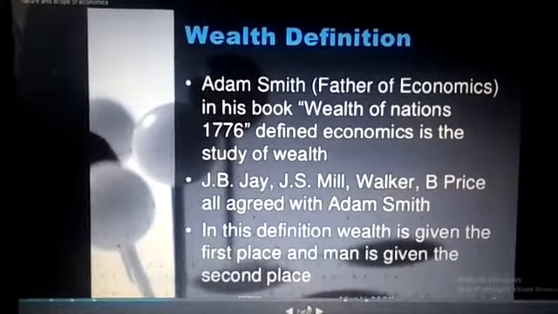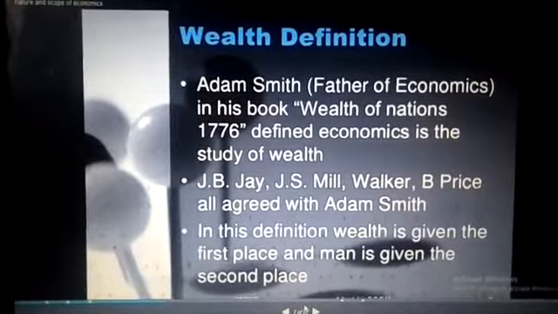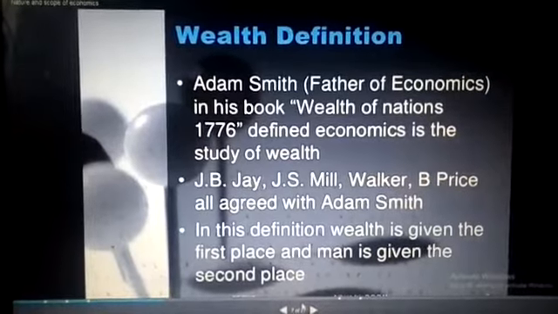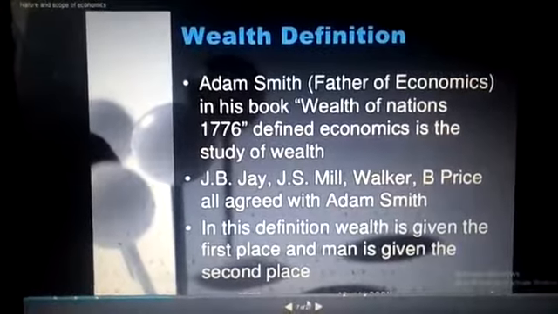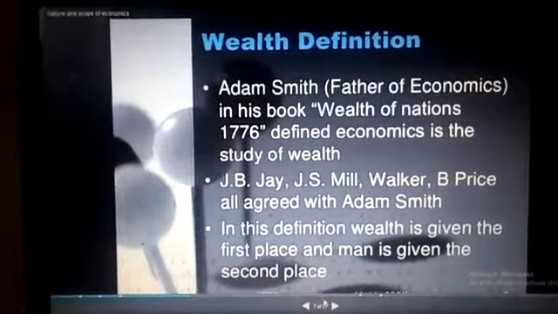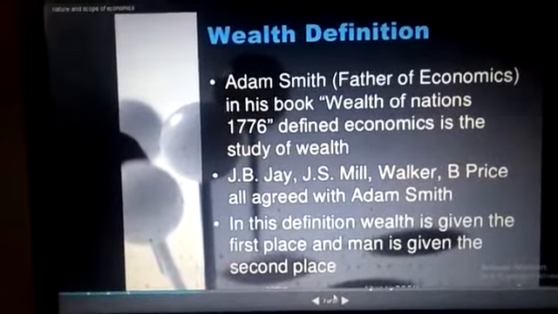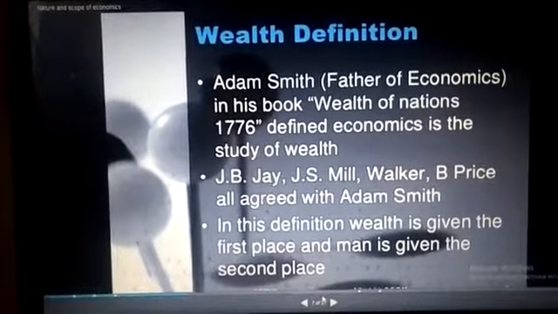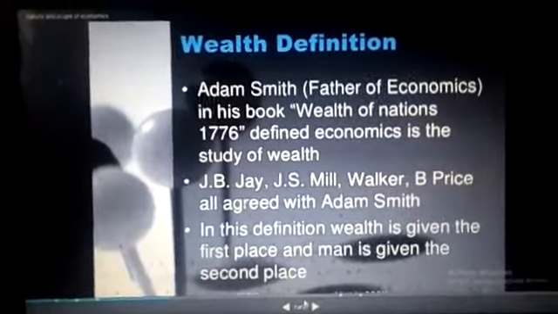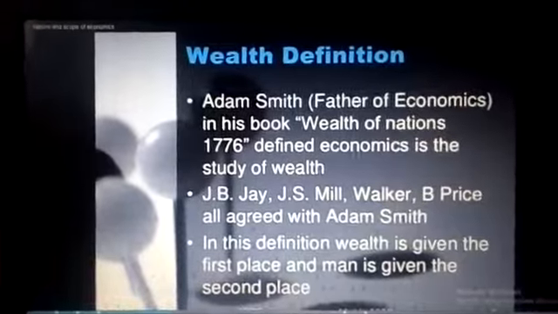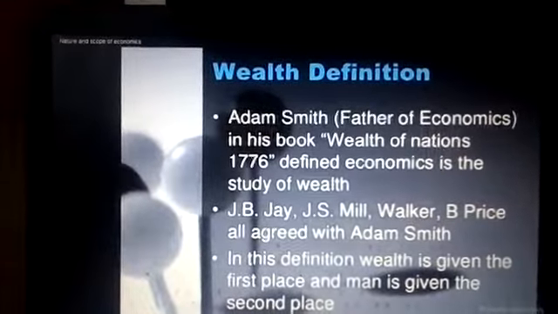In this definition, wealth is given the first place and man is given the second place. Already we have seen many times that man needs welfare, not wealth, but the nation needs wealth. I have already explained this in brief. So next we are going to see